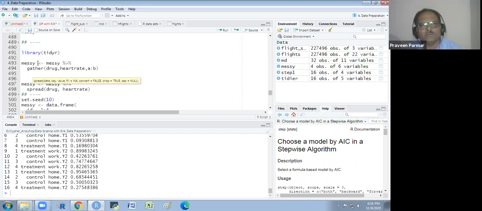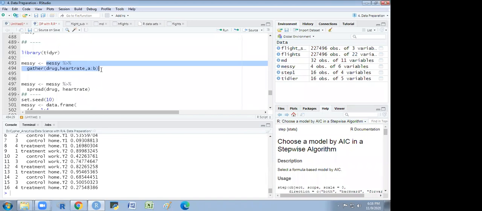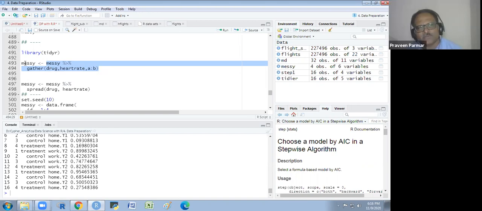So you just mention the object name here again, and assign the object name Messi with an assignment sign. Then you run it. You will get it.